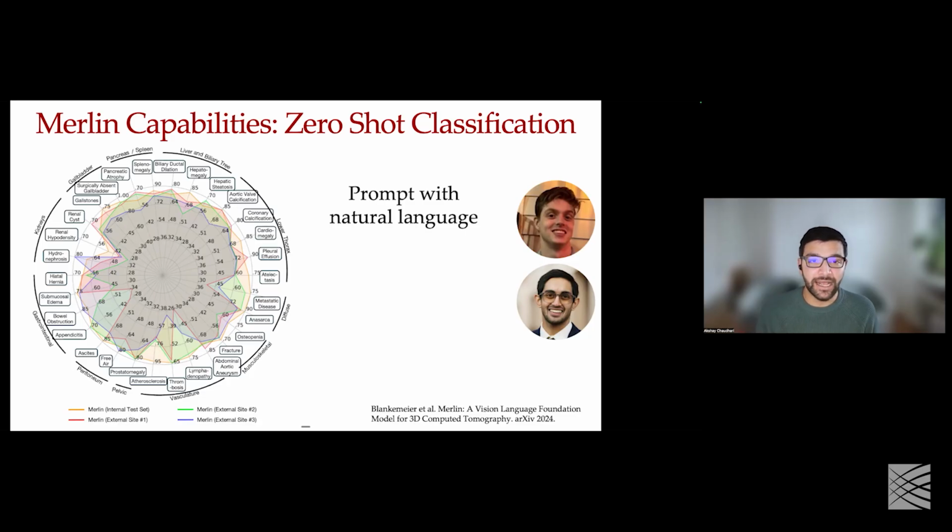And given that F1 actually respects the underlying prevalence of the disease, many of these are not very common. So if we just use something like AUROC, we can just simply predict negatives and we'll have a perfect AUROC. So I think an F1 score is more indicative of the underlying value that a model may have. And we're just excited to see that without any supervision, the baseline performance across findings and across tasks, across sites, is quite high. So this was a really good first step. And yeah, just a reminder that we're seeing F1 scores here.